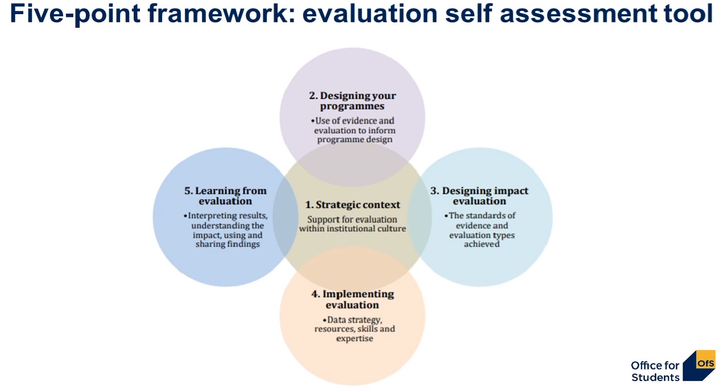So the evaluation self-assessment tool has been developed by researchers at the University of Exeter over the last year, and it was part of a larger piece of research to support evaluation practice and improve the quality of evidence that's being generated. And it has 5 core dimensions: the strategic context in which the evaluation is undertaken, how evaluation and evidence shape current program design, how evaluations are designed and then how they are implemented, and then finally how learning from evidence and insight from evaluation is shaping improvements in practice.